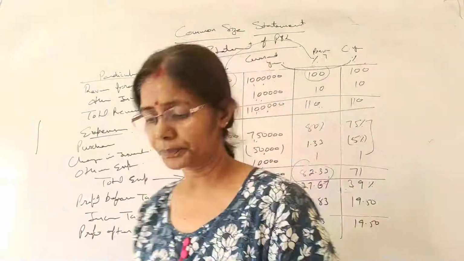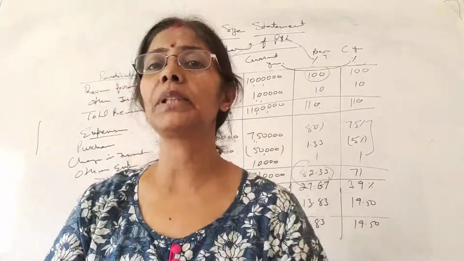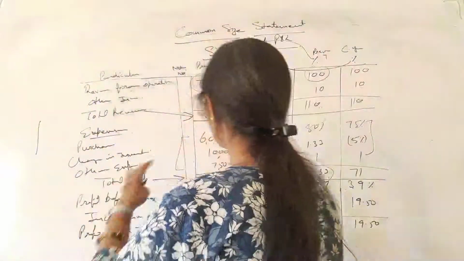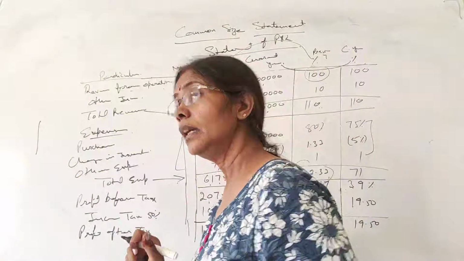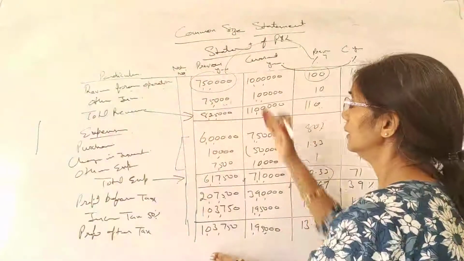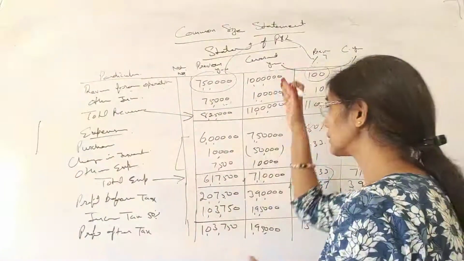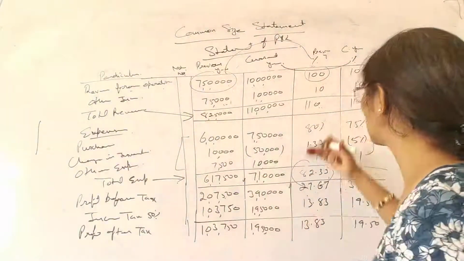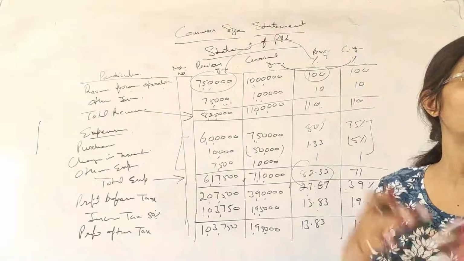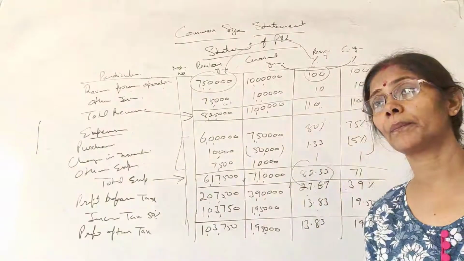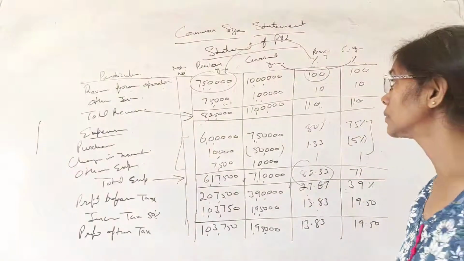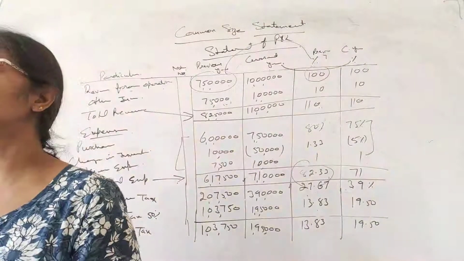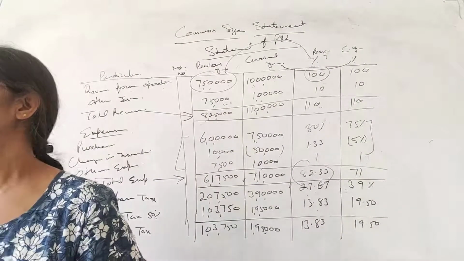All right, students. So have you understood something? Don't you think that it's a simplified way of all these statements? If we talk about these two things, these are the previous year's data and these are the current year's data. And if I talk in the percentage way, this becomes a little bit easier to understand, easy to explain, easy to remember, easy to analyze. So these are the reasons that we prepare these kinds of statements for comparison and also for controlling the things.